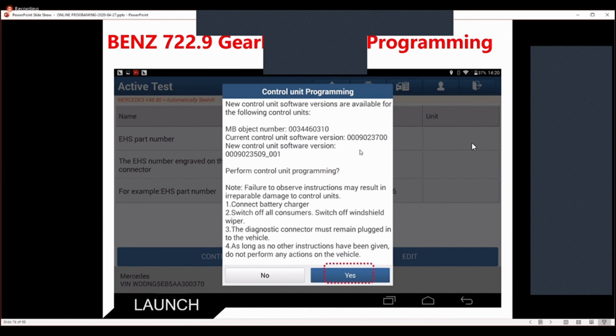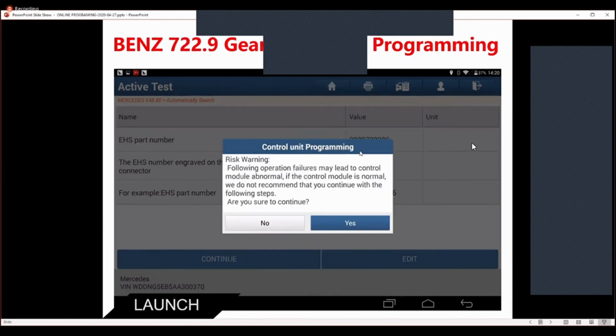So we go to the next step, press OK. You think this is a big process, but if you do the factory one, it's a bigger process. So again, read the document, read the prompts,